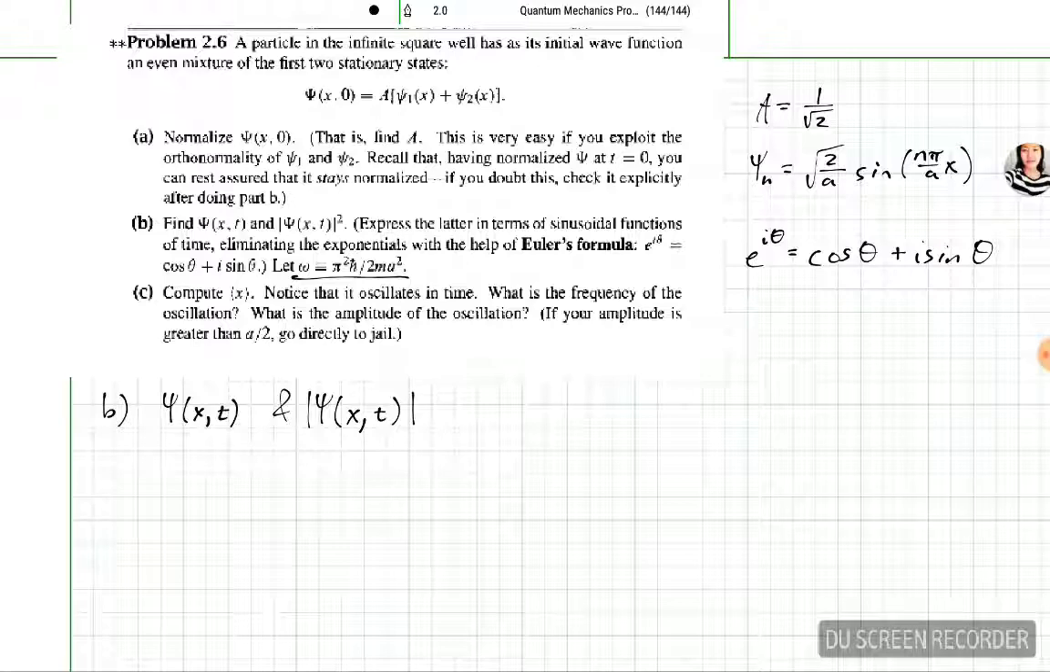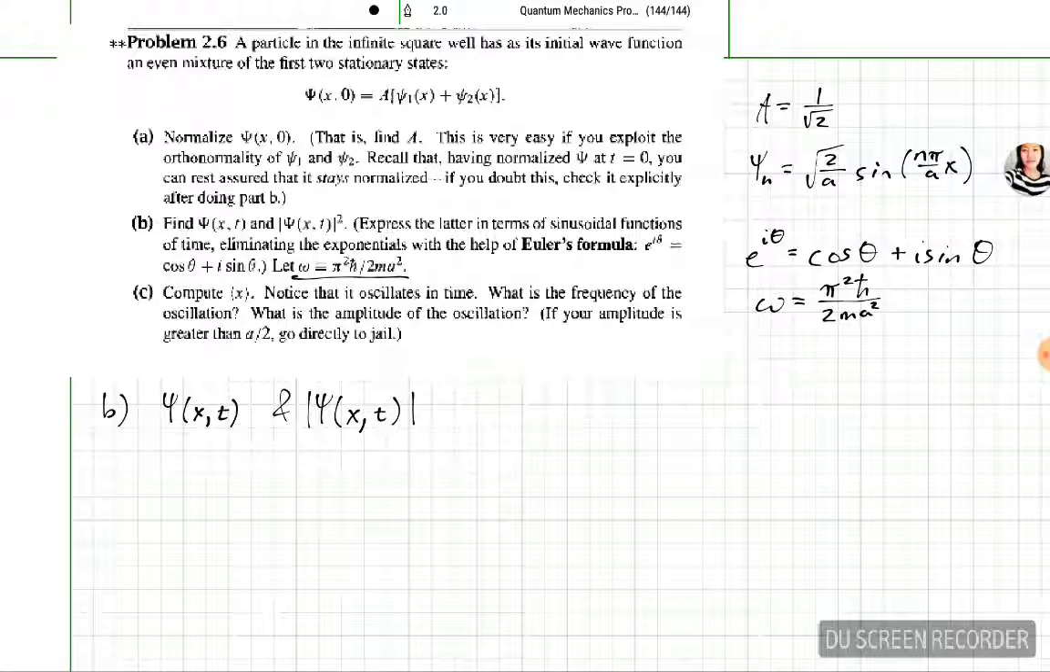The first time I did this, I did not put it in terms of omega, and it is much more helpful to put it in terms of omega. So they're just defining the frequency, or angular frequency, if you prefer the term, for omega, to just be pi squared h bar over 2 m a squared. Now,